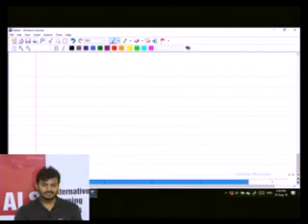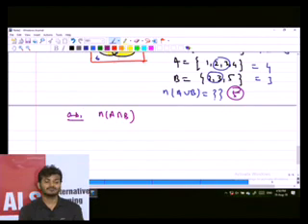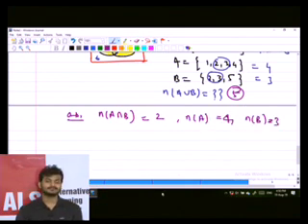Now, having said that, bachcho, if you think of the formula, how would you actually apply it? You can see, not from the diagram, sorry, from the given data, we have A union, A intersection B. A intersection B, we can see that 2 and 3, 2 and 3, right? So how many elements are common? 2. We have n(A) as 4, we have n(B) as 3. So how would you find the answer for A union B, bachcho?